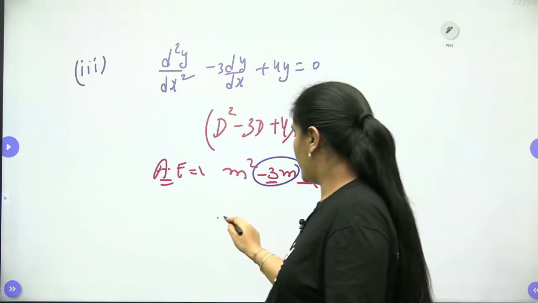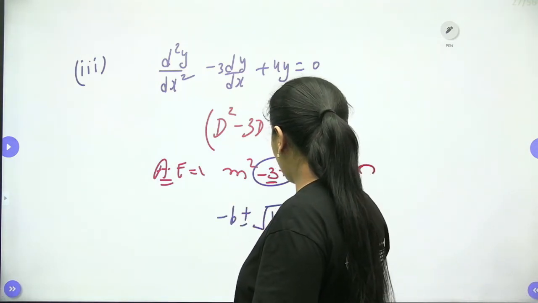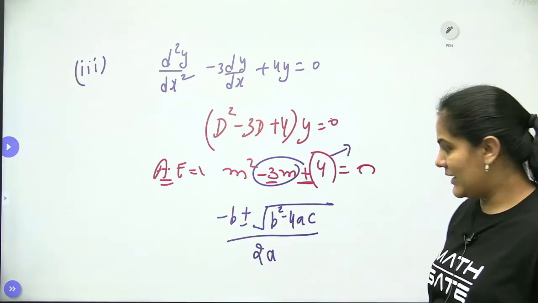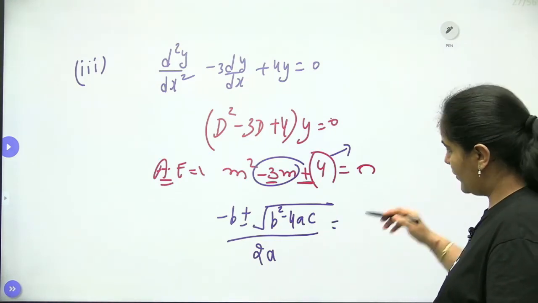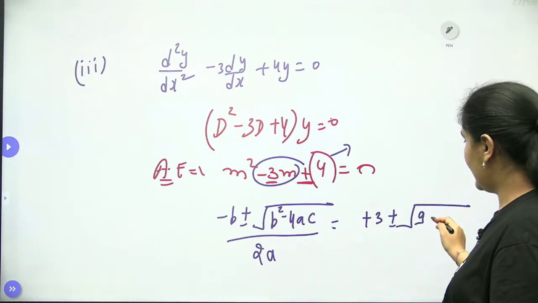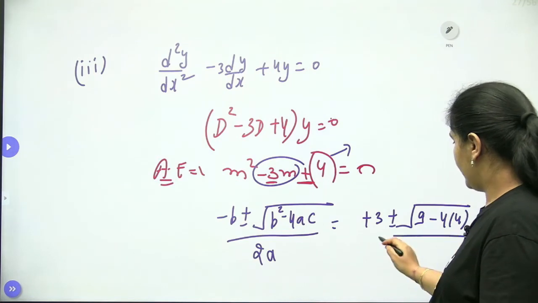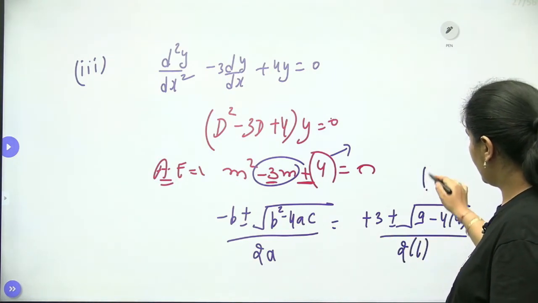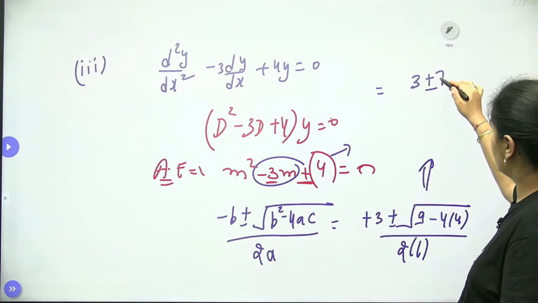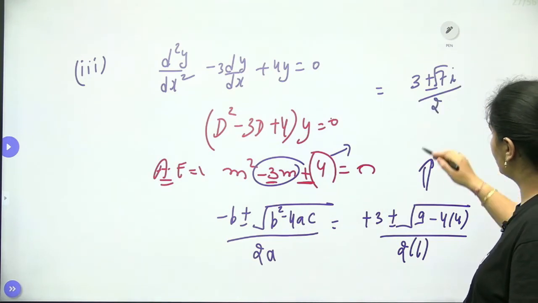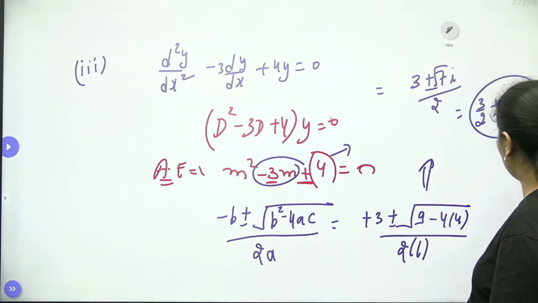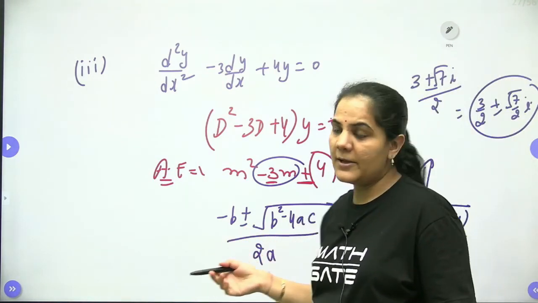So okay, we will approach by minus b plus minus root of b squared minus 4ac by 2a, which is called the Dharacharya method. Let's approach it guys. So when we go for this one, it will be minus of minus 3, that is plus 3, plus minus root of 3 squared, that is 9, minus 4 into 4, divided by 2 into 1, right? When we approach here, it will be 3 plus minus root of 9 minus 16, which is minus 7, so root of 7 iota, divided by 2. It will be 3 by 2 plus minus root of 7 by 2 iota, the same question which we already proceeded with.